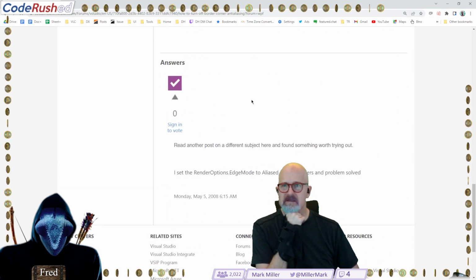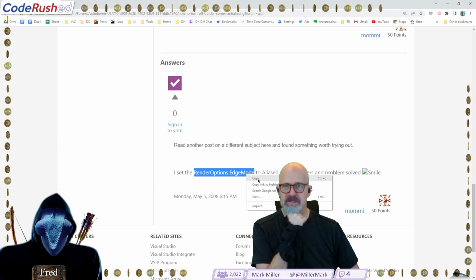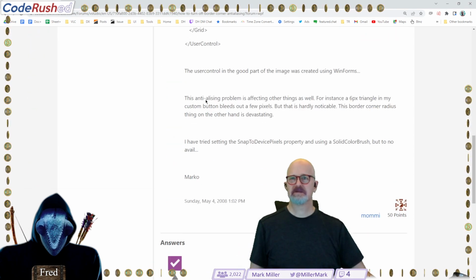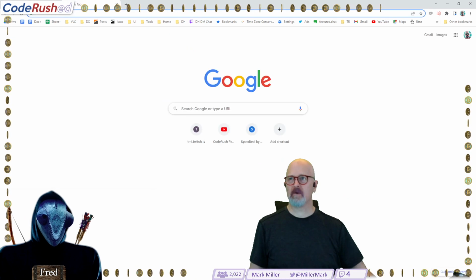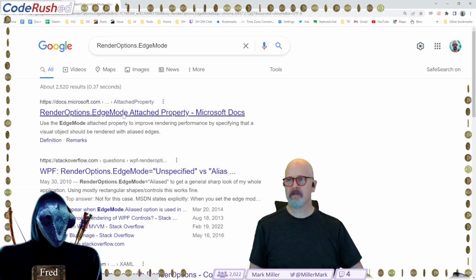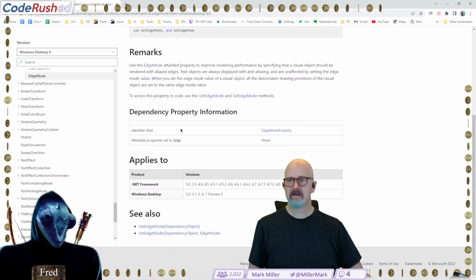All right, that's edge mode. And where's render options? Is the question. It's an attached property, just a slice of example code.